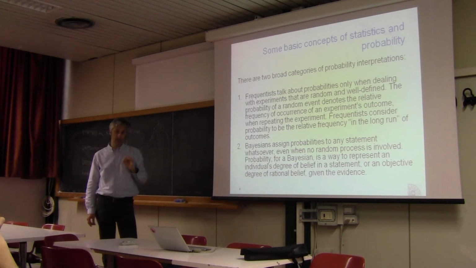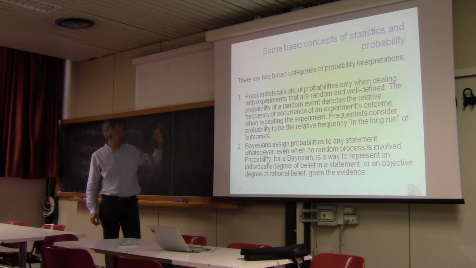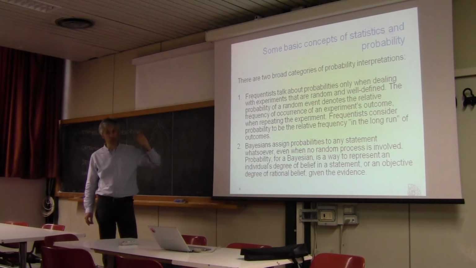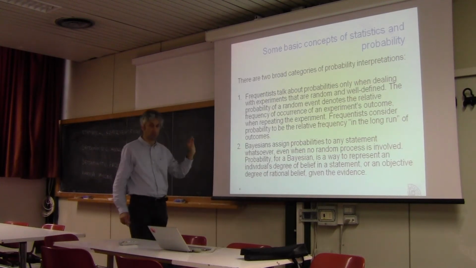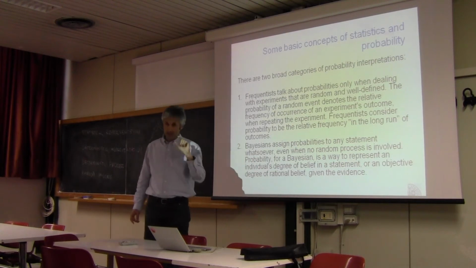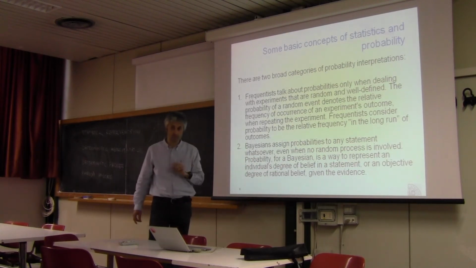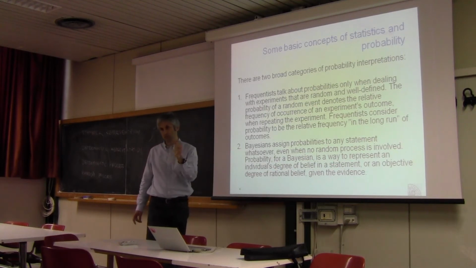And so frequentist statisticians want to define an experiment. Therefore, they run the experiment and estimate probability. Let me give you a very simple example. Let's think of the example of tossing a coin. If I am a Bayesian, I take the coin, I look at it, I see that it's balanced, it's not